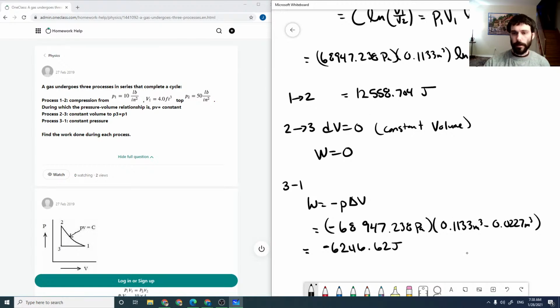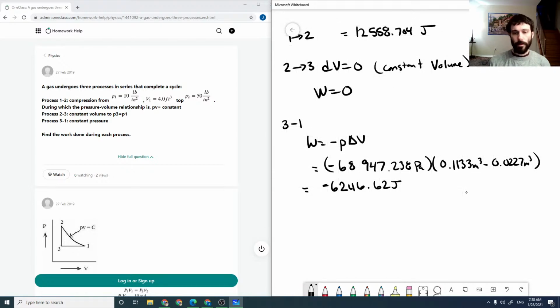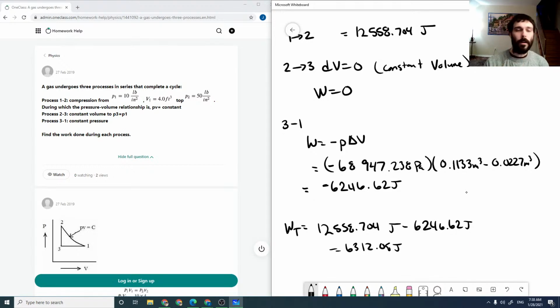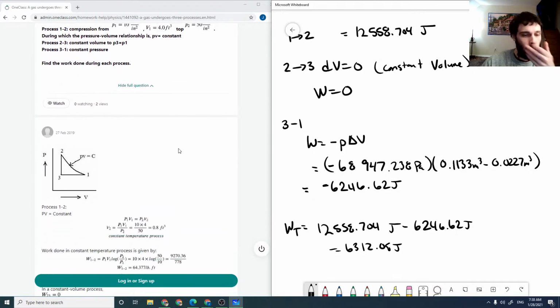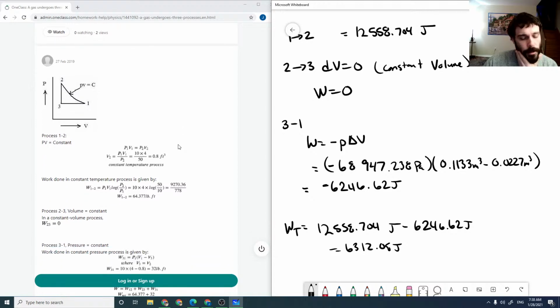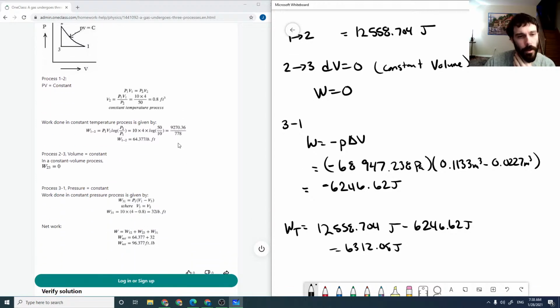And so that's the work done in each process. And then our total work is 12,558. So there's our total work done. Okay, so checking through the solution here. Oh, they left everything in pounds and feet. So I can really just say, looking at the expressions,